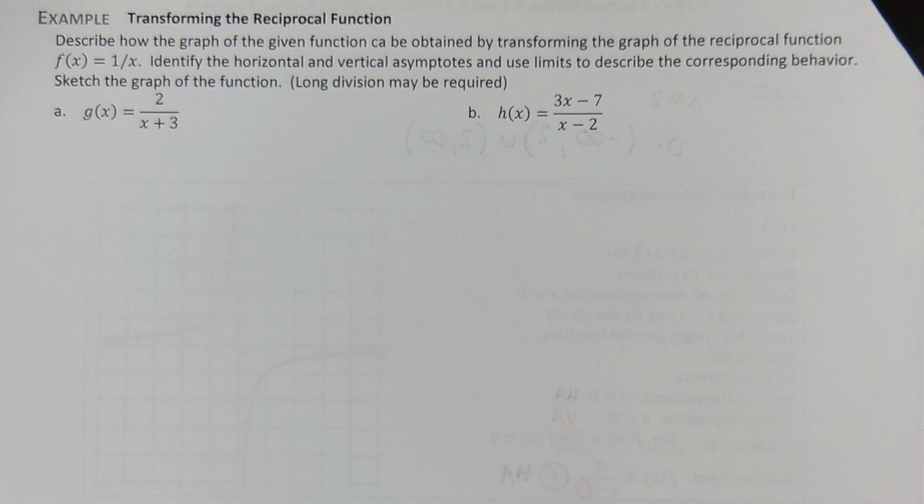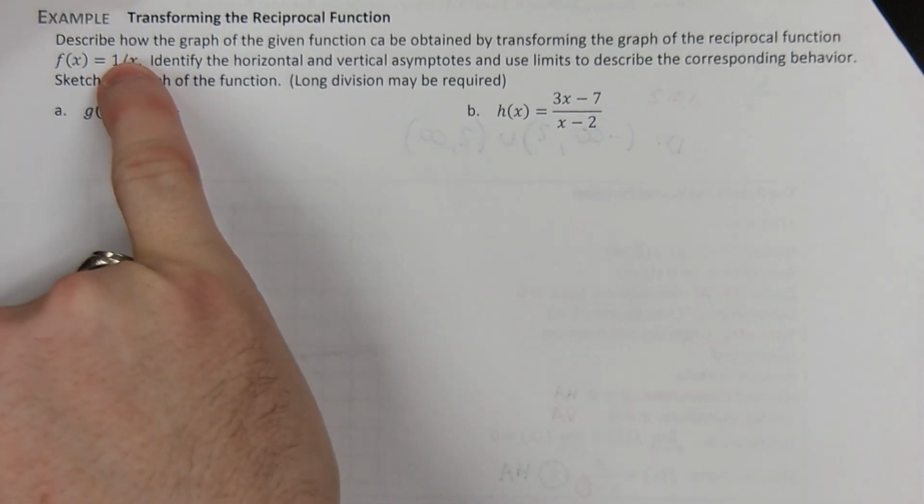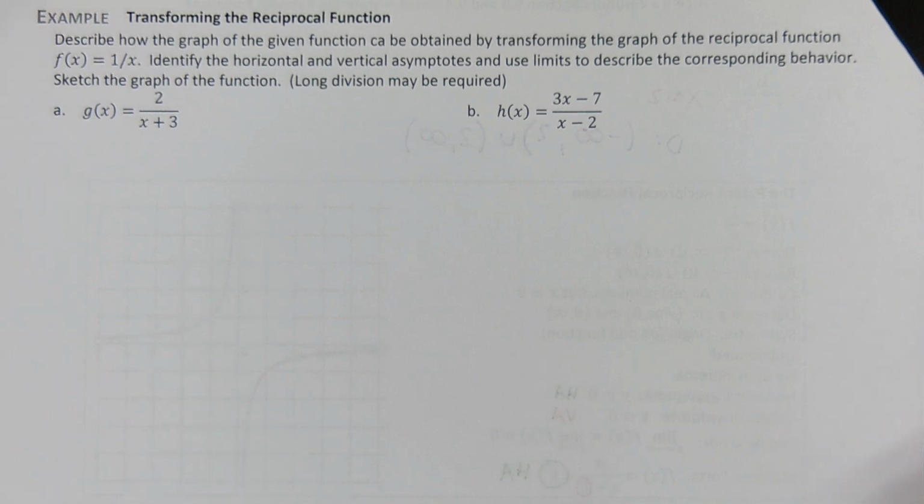Here's what we're going to do. We are going to describe the transformations from the parent reciprocal function 1 over x, which requires us to be in standard form. Then we'll find our asymptotes, and we'll sketch a graph, and we might even find some intercepts. Let's find an x-intercept and a y-intercept if possible. And then once it's sketched, we will write down end behavior,